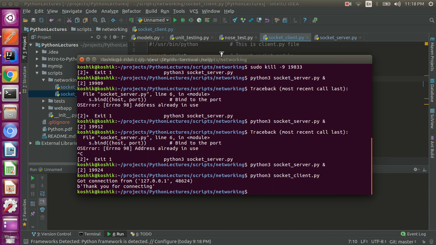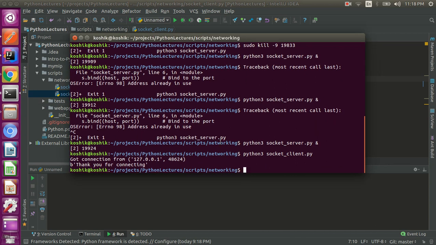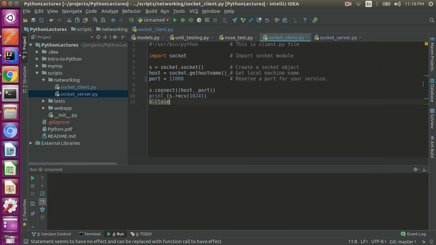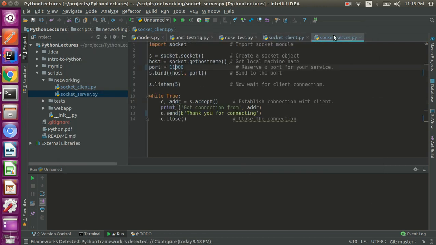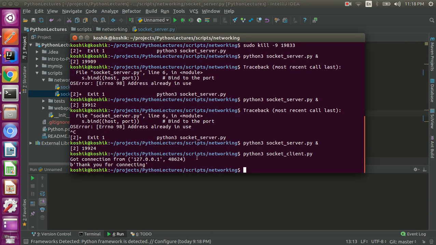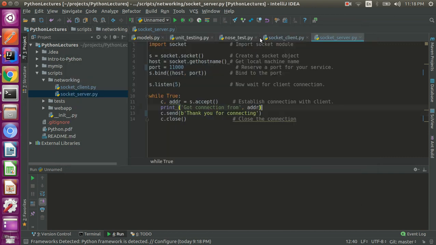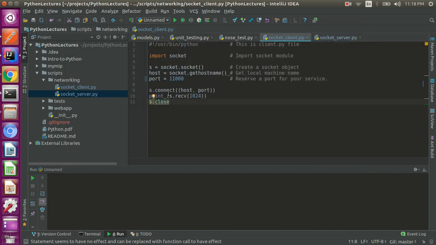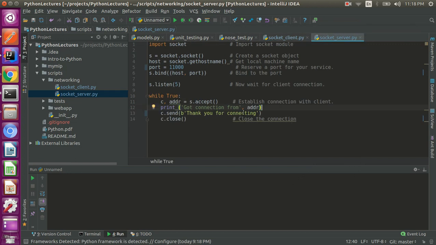Okay. Now what happened here is, as you can see, there will always be some encoding issues, so you need to be careful in debugging. Since it wasn't accepting the string, I had to convert it to binary and then send it. Now I have sent a request from the client, and I'm just printing out whatever response has been sent from the server. So "thank you for connecting" would be printed